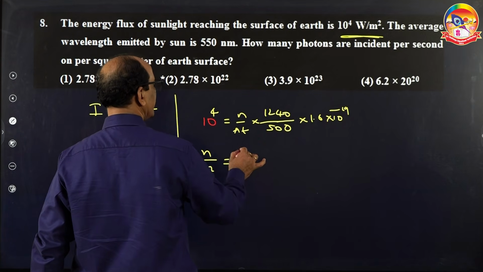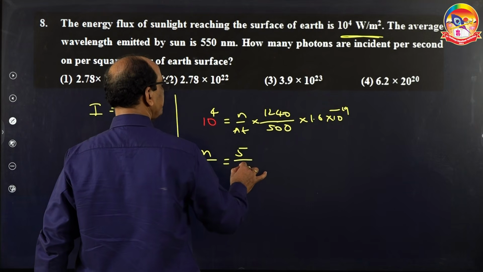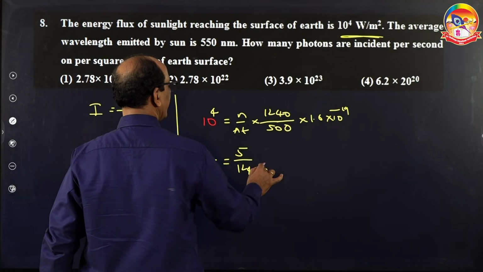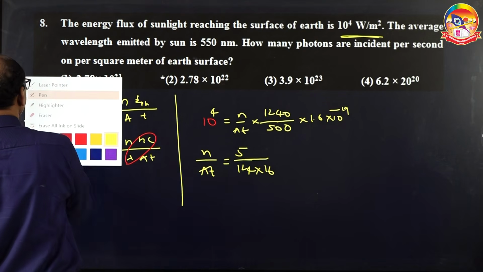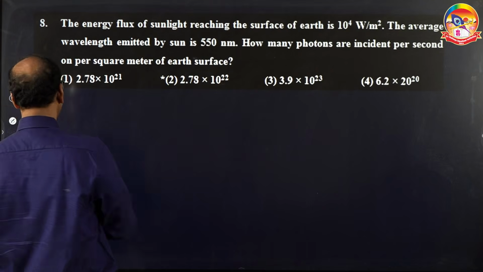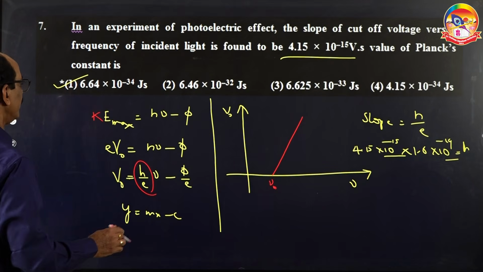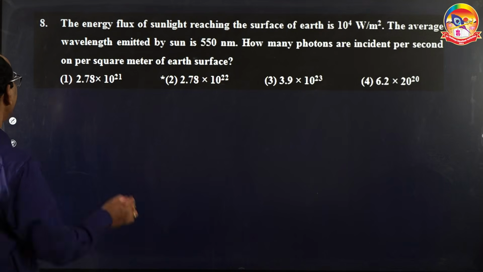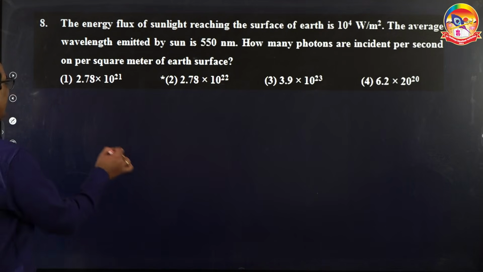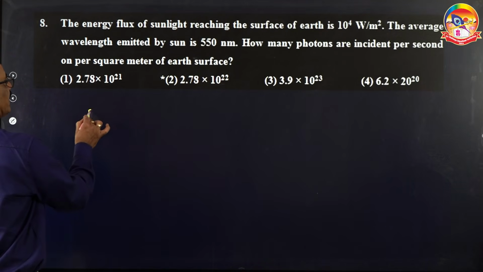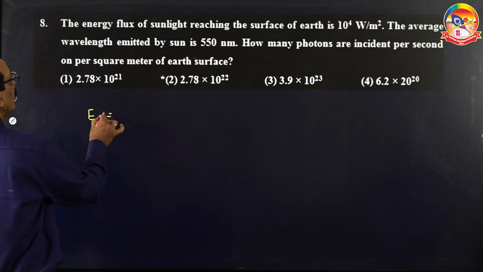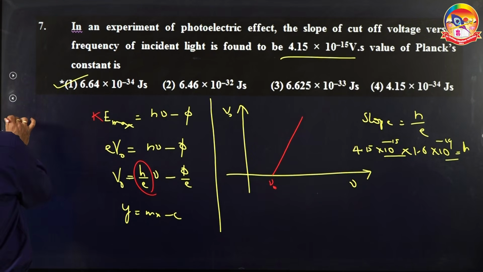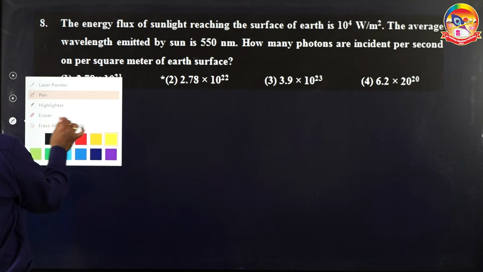Then we will be able to get it. Let us go for approximations, that is 5 by 124 times 16, or we can write it this way. We can make use of another shortcut relation. So let us look at this. Here the energy of the photon is equal to